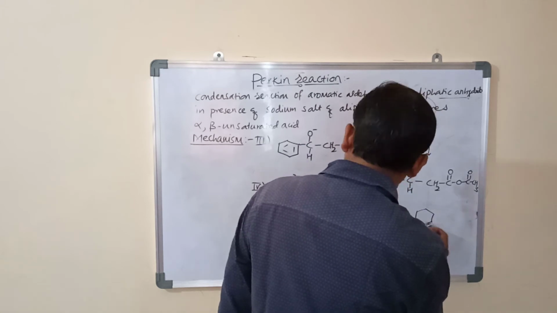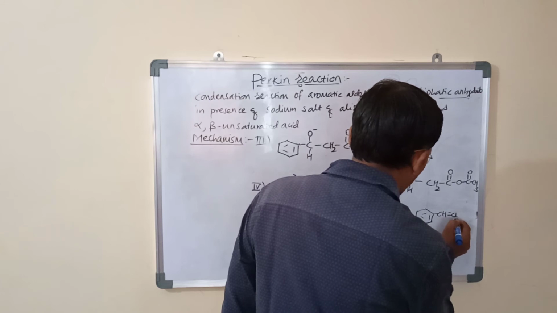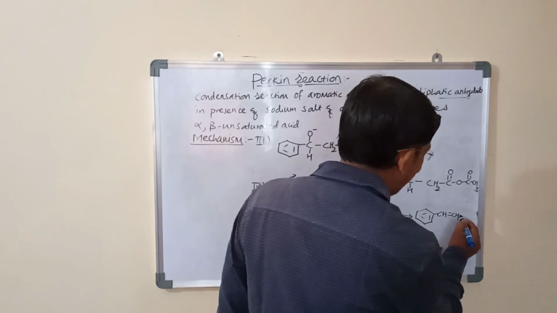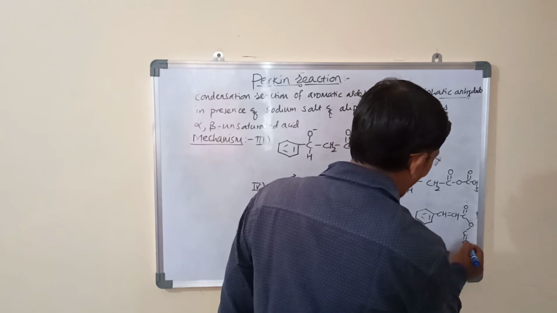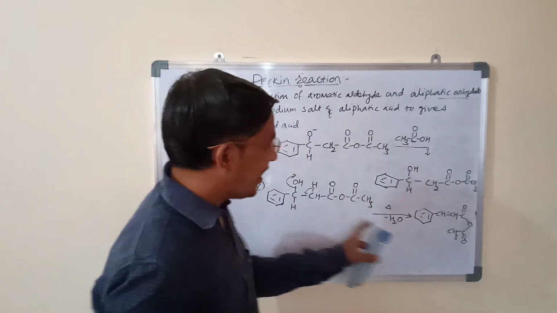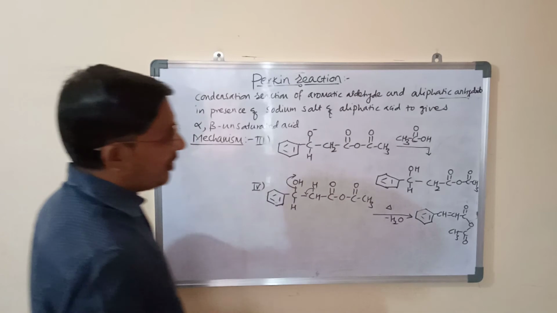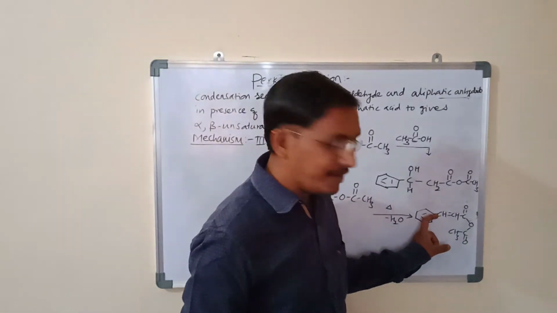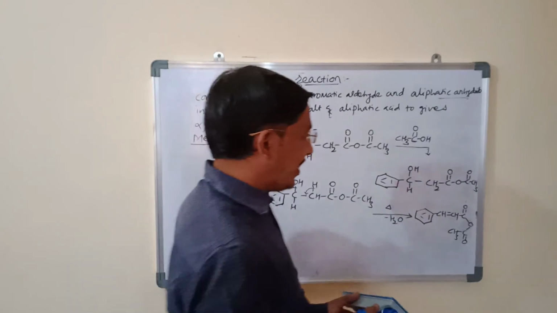That is a CH double bond CH. Here CH double bond CH remains as it is, that is C double bond O, C double bond O, and here CH3, that part as it is. This part I have written here. Now finally, have we got the target molecule? No. What is going to form is the alpha beta unsaturated acid. How will it form?